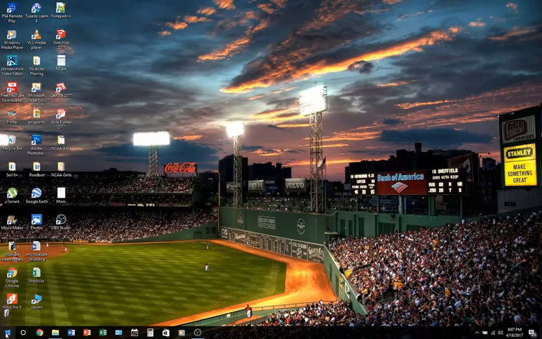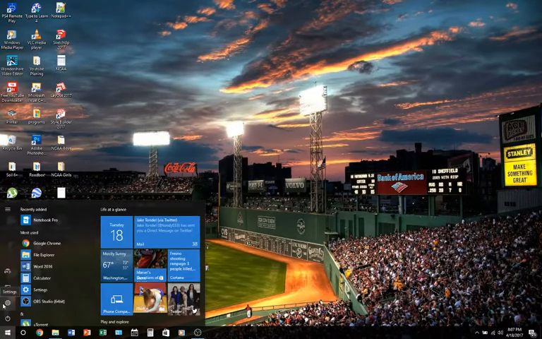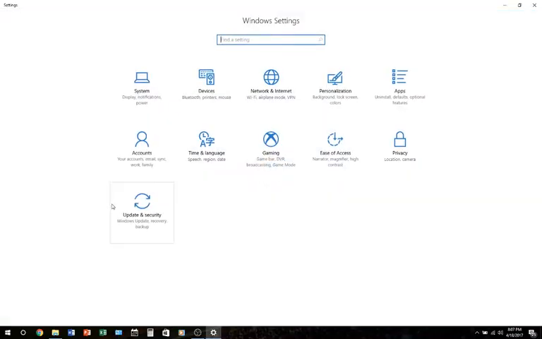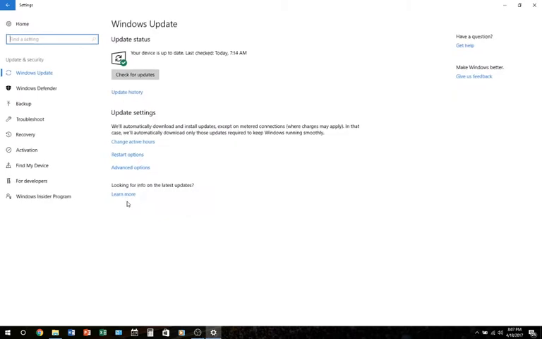Normally your computer updates once a week, when Microsoft sends updates. And I realized my computer hasn't done any updates for a couple of months. And I went to settings. Now, I fixed this problem, but just to let you know, I went to settings, then to update and security,